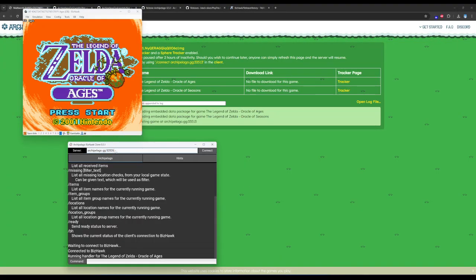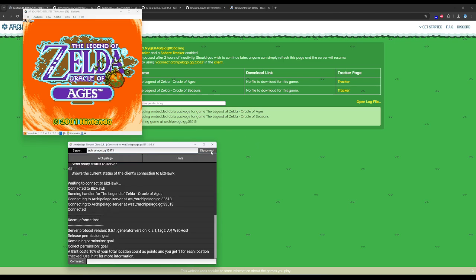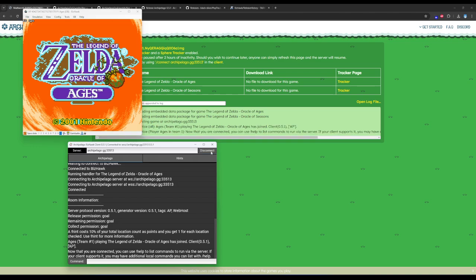In the server. So I just copy over that, and then you hit connect. And it's going to connect you to the server. Now,